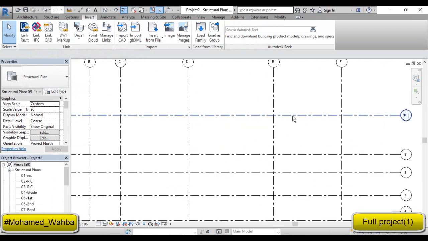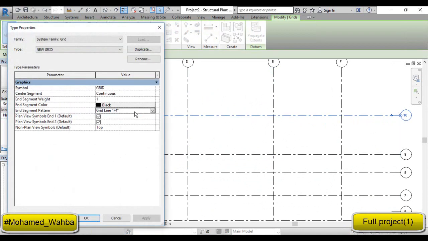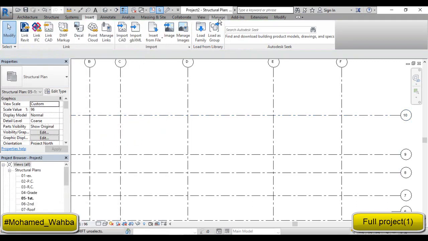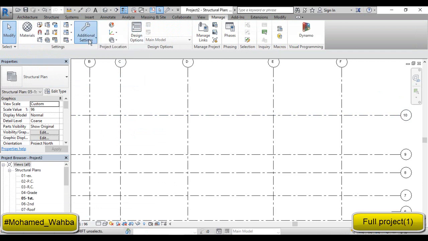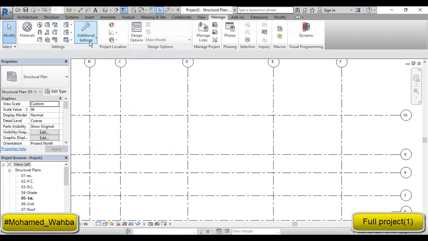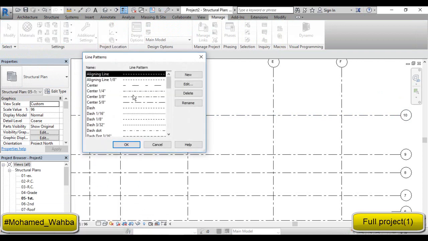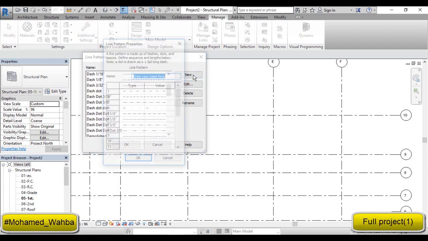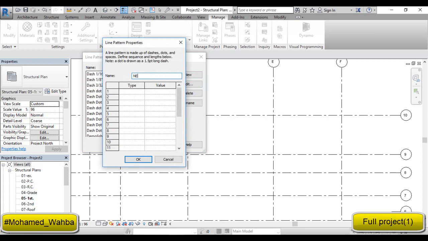If you want to make another pattern of this line, you can check it, edit type. You can find the pattern here. If you want to make another pattern, you can make it from manage here, and you can choose additional settings and line pattern. Here you can find it is easy to make a new one. You can rename it to new pattern,